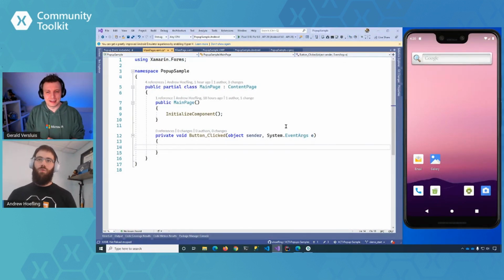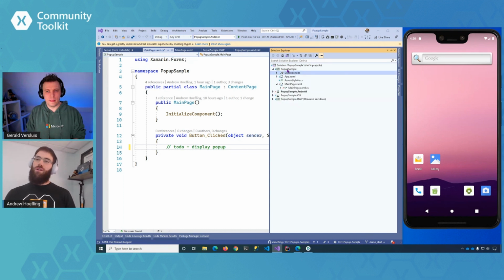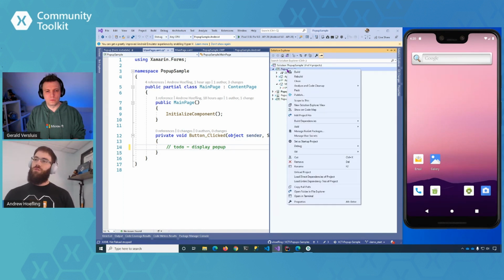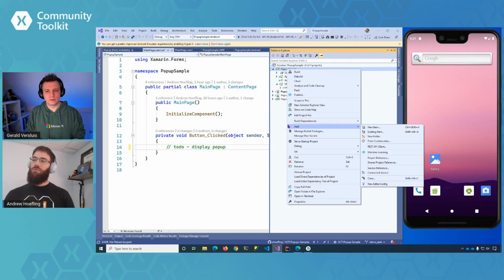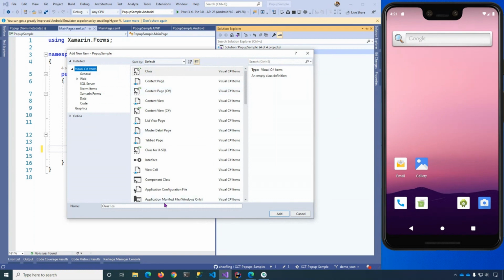Thank you. So we just created our button. We just wired up an event. So we'll put a little to-do comment here of I want to display a pop-up. But let's go create our pop-up first, because that's where the fun happens. So right now there is no pop-up control built into Visual Studio, but we can start with the content page. So I'm just gonna go File. I'm gonna create a new file. I'm gonna select a content page, and let's create a Hello World pop-up.